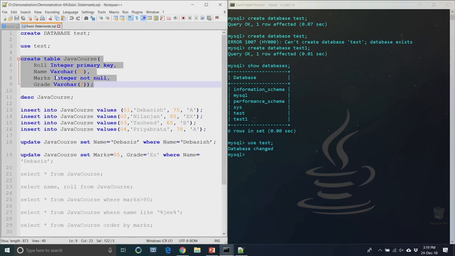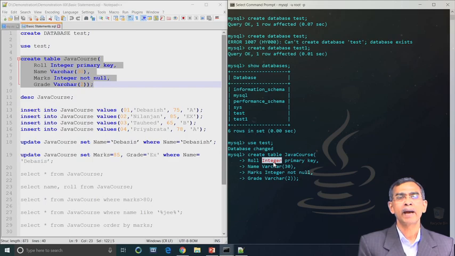Now, let us first create a table. We want to create one table, the name of the table that we want to give is Java course, and this table has 4 fields as we see: roll, name, marks and grade. They are 4 columns actually. The first field roll has the type integer, we have to give this syntax. You can type integer in capital letter or small letter, absolutely no issue.